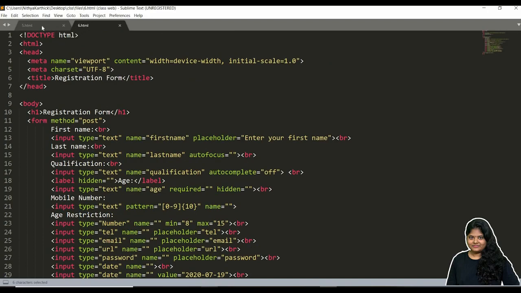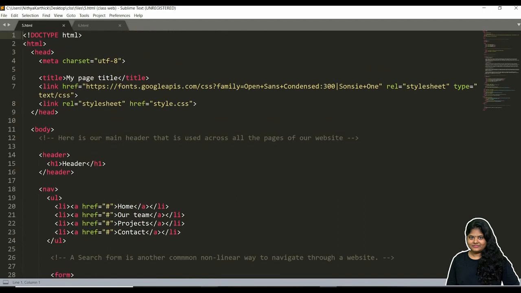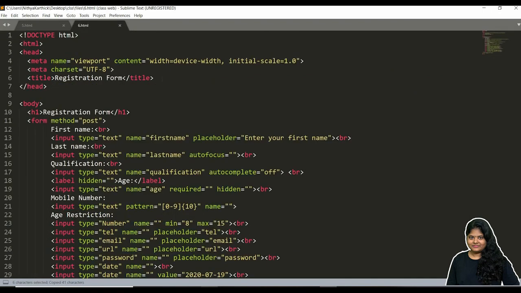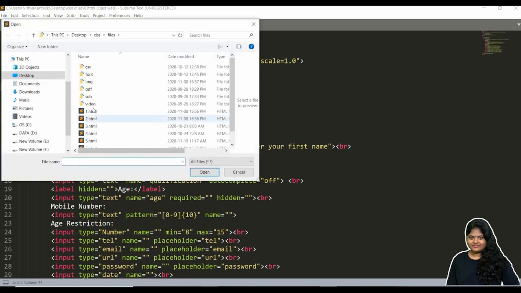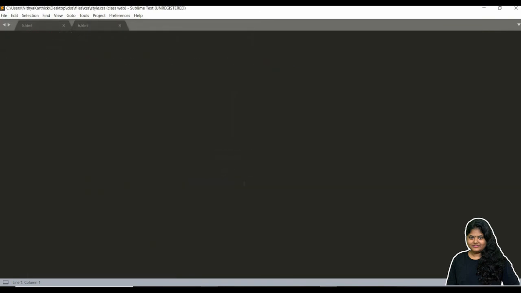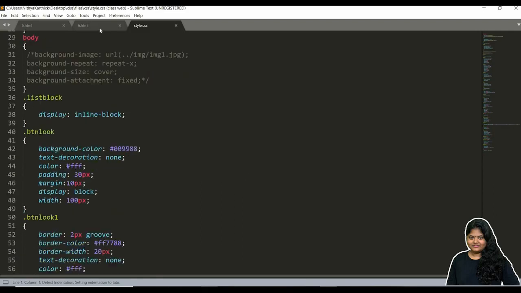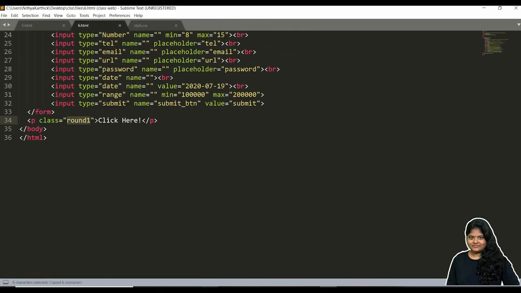I didn't link the style here, so let me go and link it. Now open style.css, it will be inside the CSS folder. Now let me give styling for this class.